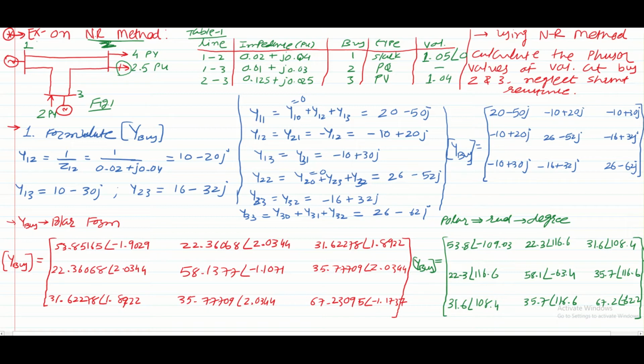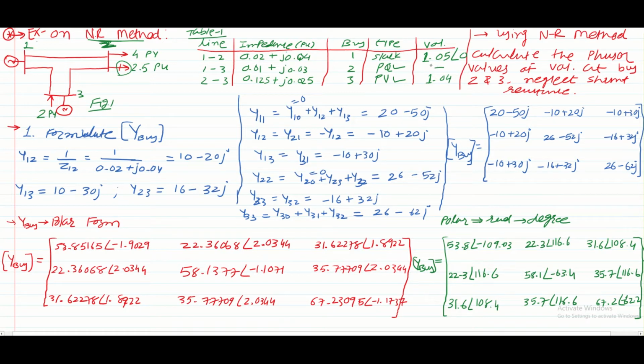Okay, at load bus. Bus number 2 is your PQ bus or load bus, where the 2.5 per unit reactive power is given. And bus number 3 is PV bus, where 2 per unit megawatt, or we can say 2 per unit generation or demand is given. Okay, generation is given at bus number 3 because it is generator bus.